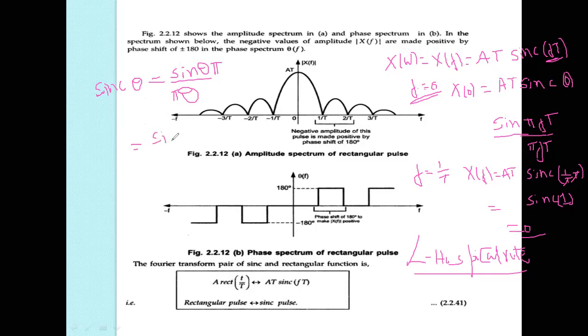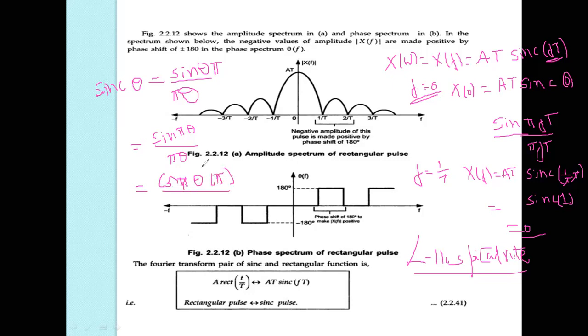So sine pi theta over pi theta, it becomes, the derivative of sine is cos, my dear students. Cos pi theta into pi,